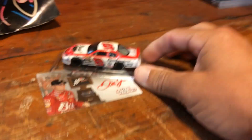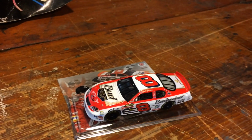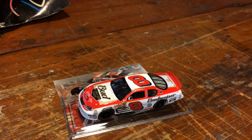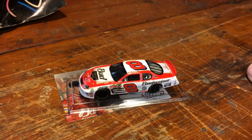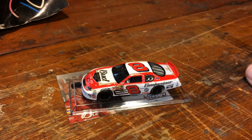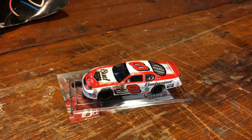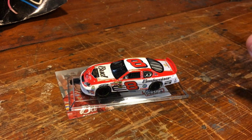All right, last story, and I'm going to have to cut to show you the other half of it. But I found this excellent lot on eBay. It was four Dale Jr. 1:24 scale diecast cars and this 1:64 scale diecast car, all beat up. And legit, they said they were dirty, beat up, roughed up, maybe missing parts. But I said, you know what? For the price I was about to pay, and I'll show you the receipt in another clip, it's definitely worth it. So I took a chance on it, and it came in, and I was horrified by what I found